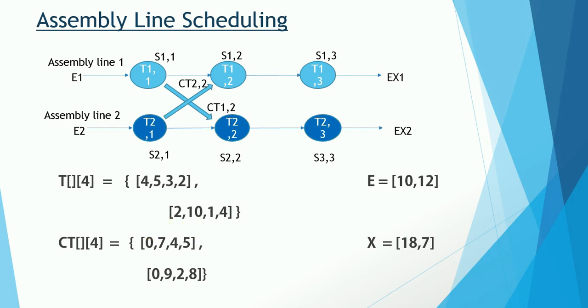With all this data given, you need to find the minimum time it will take to build a car chassis. That involves entering, exiting, all the jobs happening at all these stations, and changing of the assembly lines, which means it has a choice. So we need to find the minimum optimized time it will take to build a car chassis. We are going to move to our framework now, where we will solve this problem.